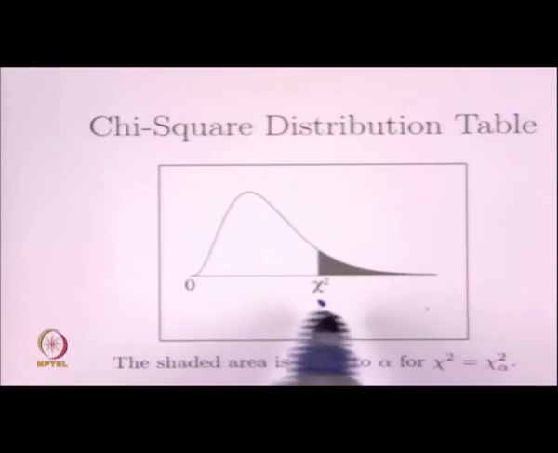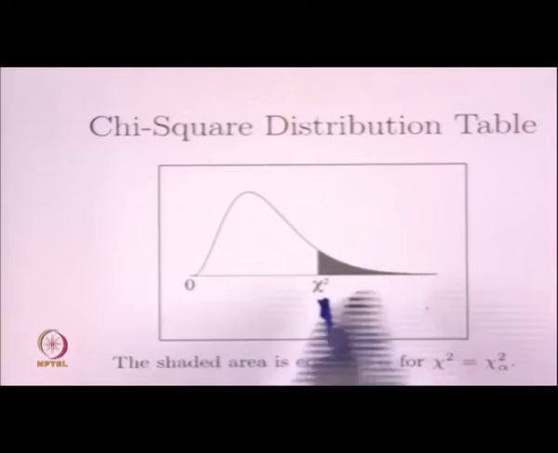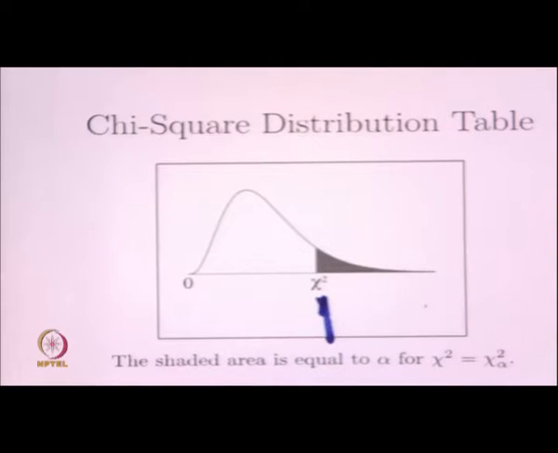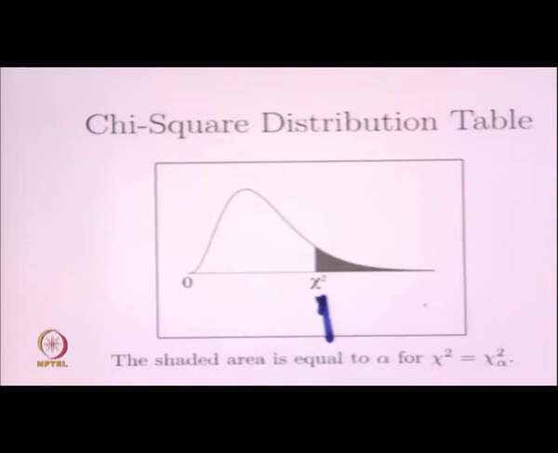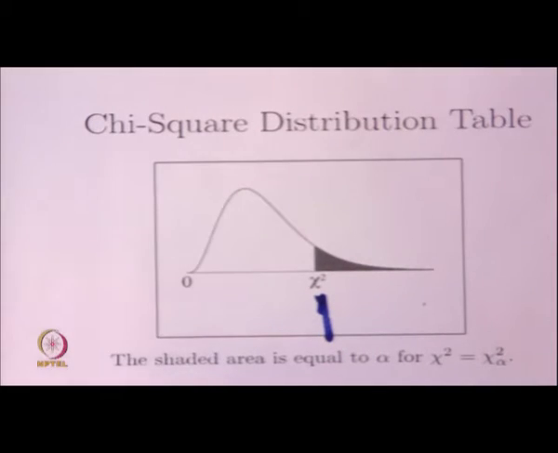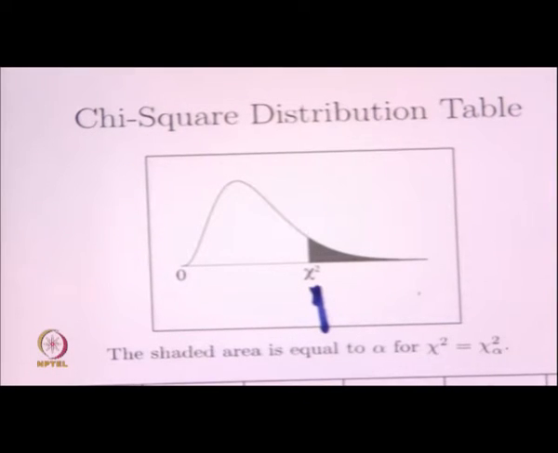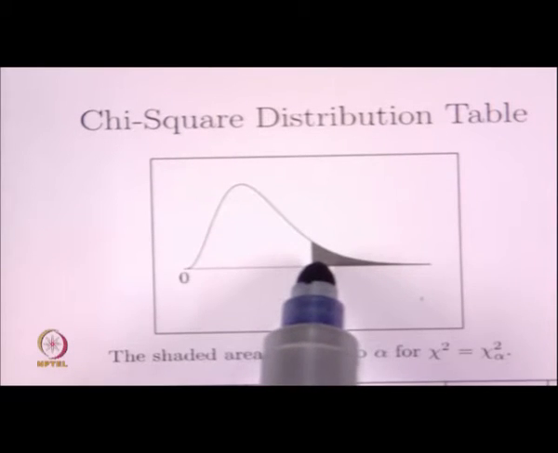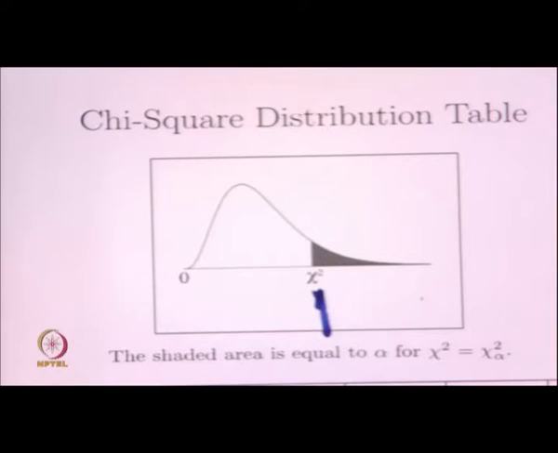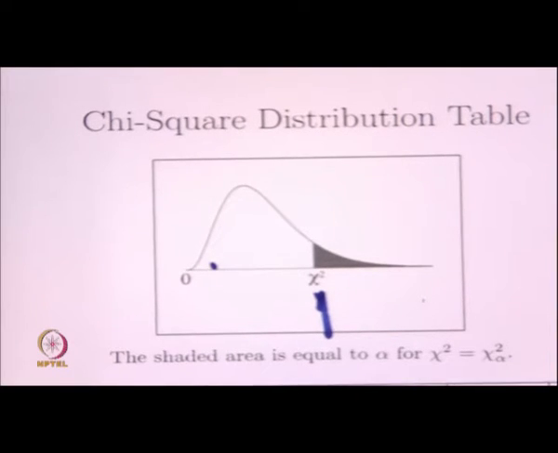That means, the probability that the chi-square distribution is greater than this value is alpha. Therefore, when we are looking at a 95% confidence interval, we look at this value such that above it the probability is only 2.5%. Also, we will look at a value here such that above that the probability is 97.5%, or